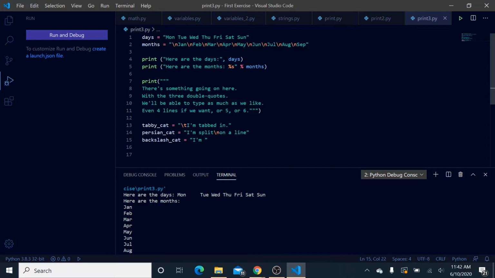So "I'm split, and then on a line" will print at the bottom when I print this later. Then "I'm a backslash cat." So we'll see what this does. And then the fat underscore cat is going to equal